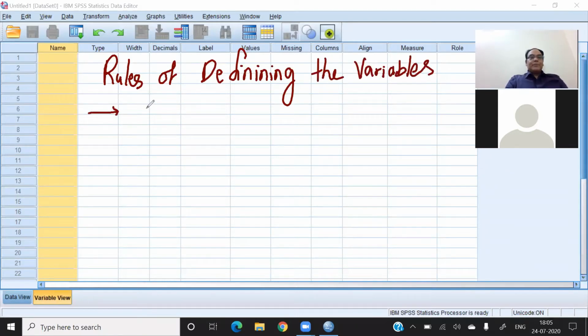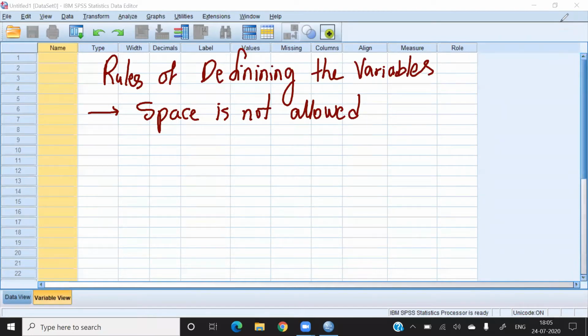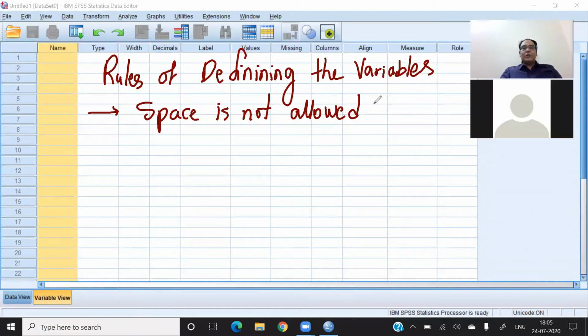Rule number 1, space is not allowed between the words. Because if you include the space between the words, it will show the problem, right? So we cannot have the space between the words. Space is not allowed between two words.